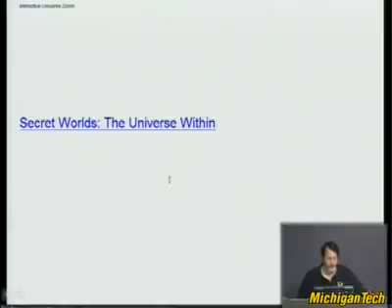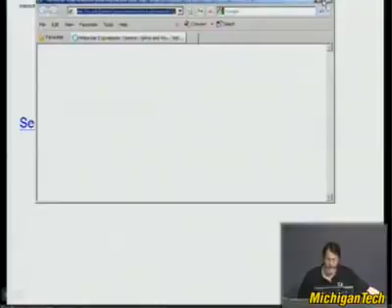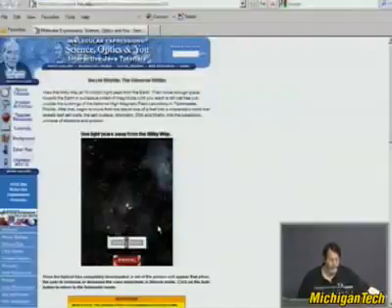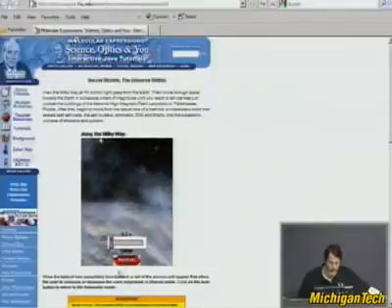Okay, so there's a couple interesting scale zooms, one of which is a website, which I will click on, Secret Worlds. I'll maximize it here. So this is a pretty cool website where we'll take you through all the scales of the universe. Please be patient while it loads. Oh, there it goes. Okay. So let's move this here.